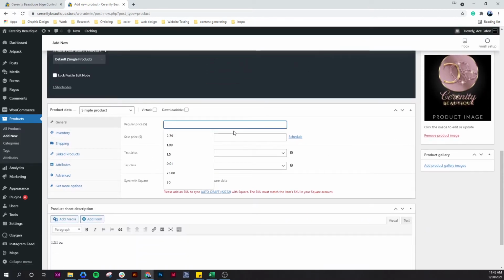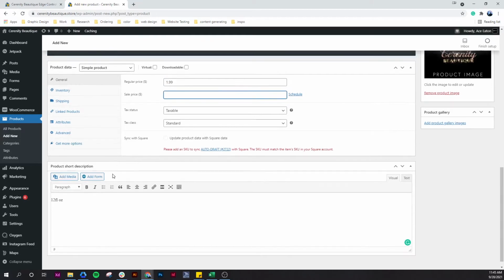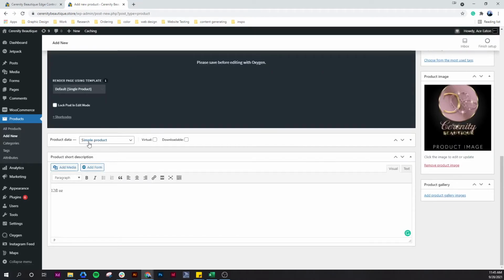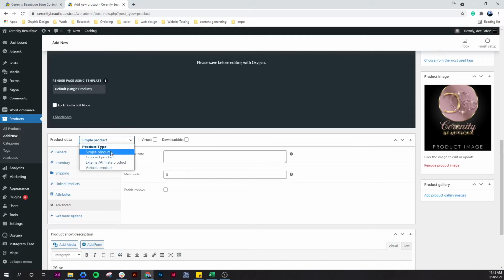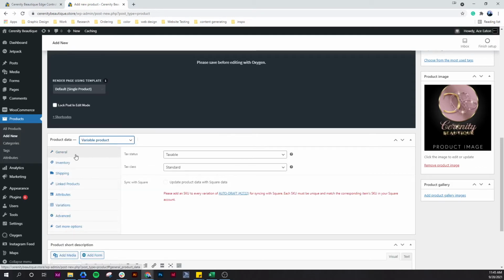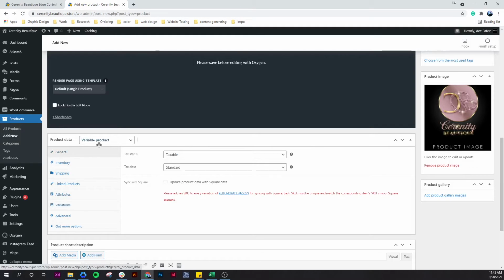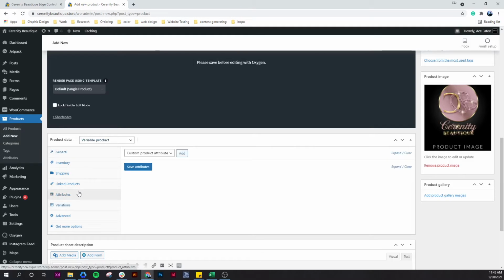And for the regular price, you can just set your price. You can also add a sale price. And also you can make this a variable product. So if you make this a variable product, that means you can add colors. So in order to add colors to your variable product or sizes, you can add